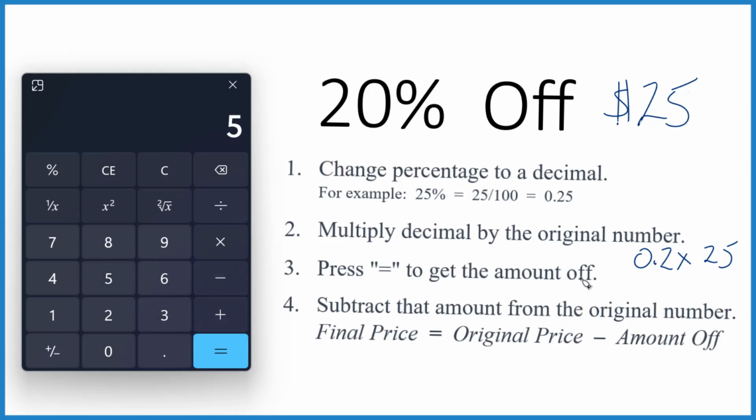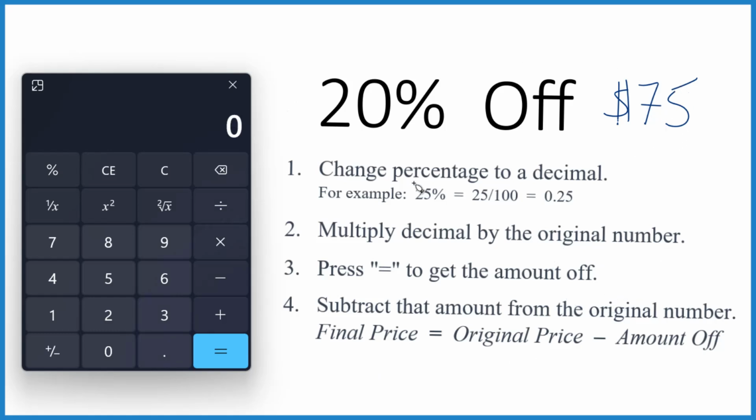And that tells us the amount off. It's $5. So we got $5 when we took 20% off $25. To find the final price, you just take the original, that's the 25, minus how much you got off, that was 5. So your final price would be $20. So pause and see if you can do it for